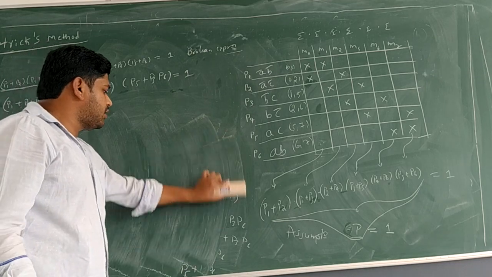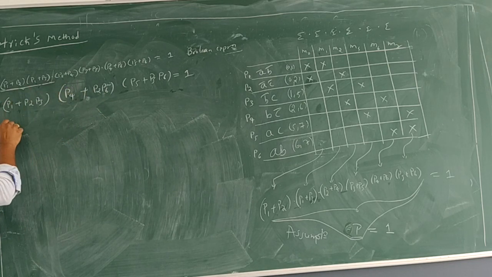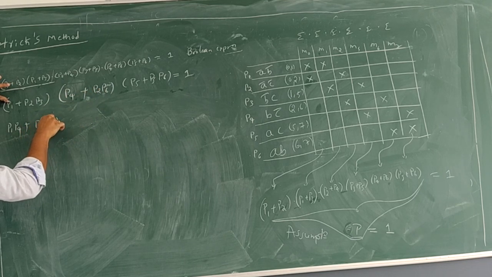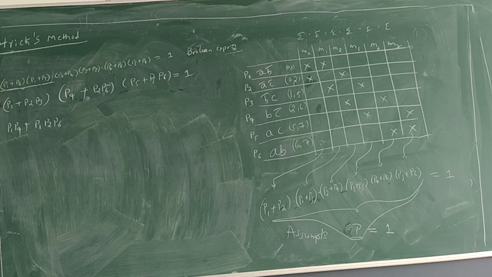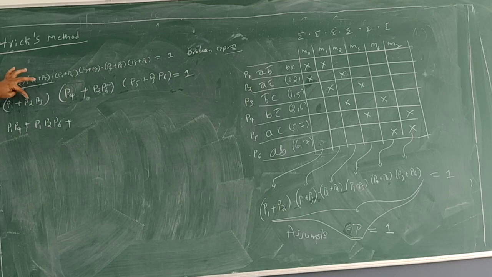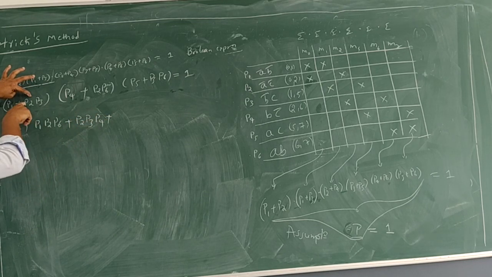Next, see, we have got expansion in the class. We are getting some one by one expansion. Now again this is A plus B, C plus D, that method. So now P1 into P4, P1 into P4 plus P1 into P2 P6, P1 into P2 P6. Okay. Next, that is with respect to what? P1. Now plus. Okay. So with this plus 2 3 P2 P3 into P4, P2 P3 P4 plus 2 3